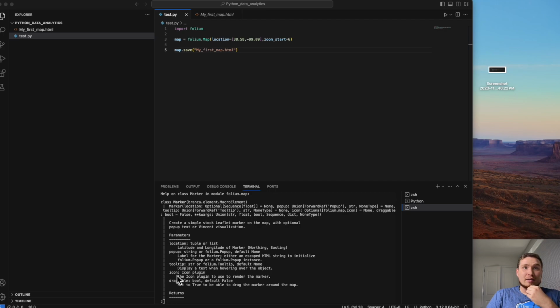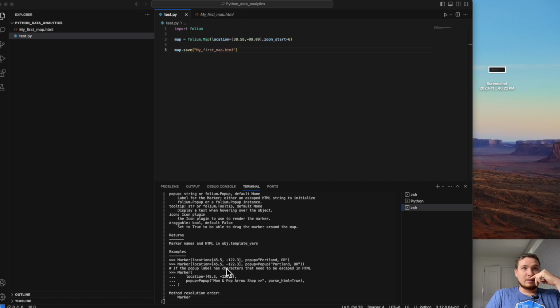We can use icon. Okay, we can render it. So we can change the icon, and we need to specify where this marker is. Again, we need to specify the latitude and longitude where to put this marker, and what kind of icon we need. And here we have an example of how to use it.